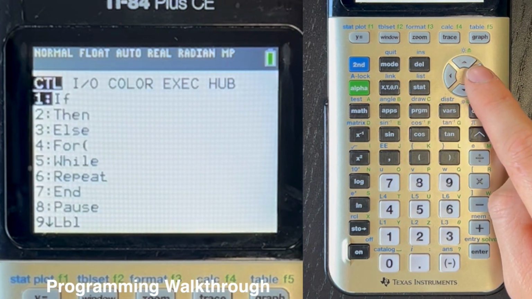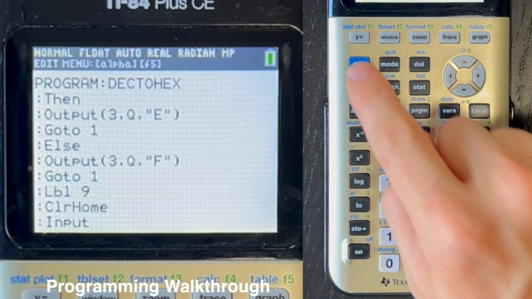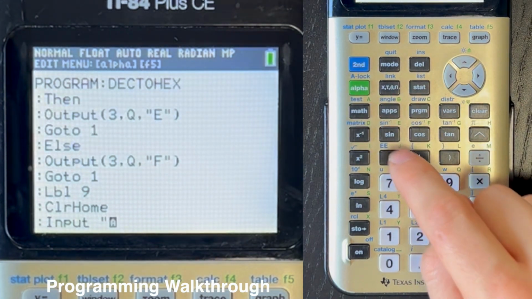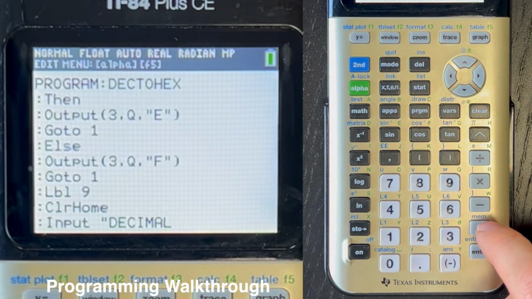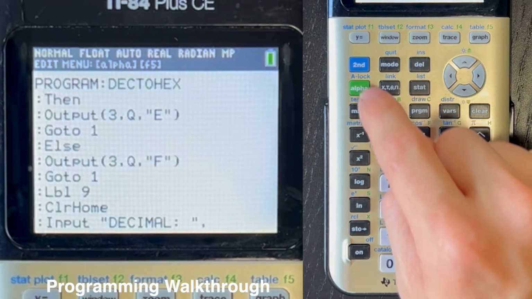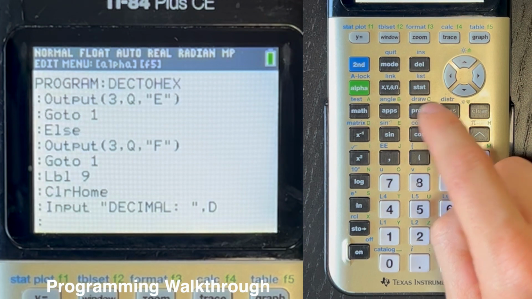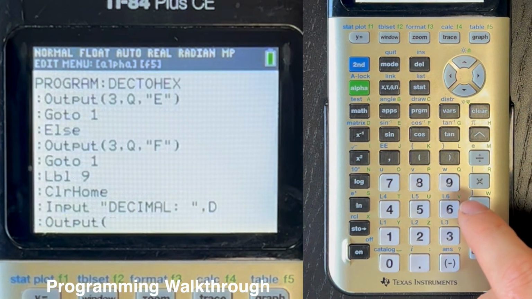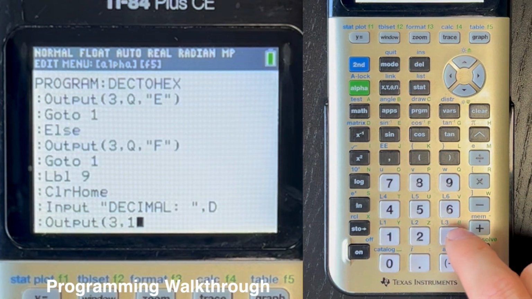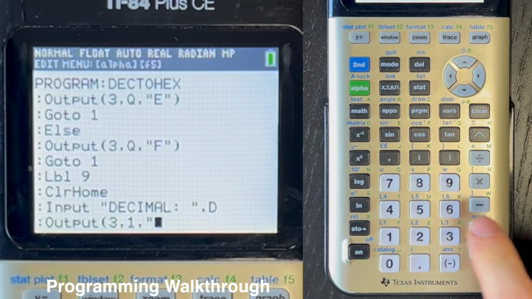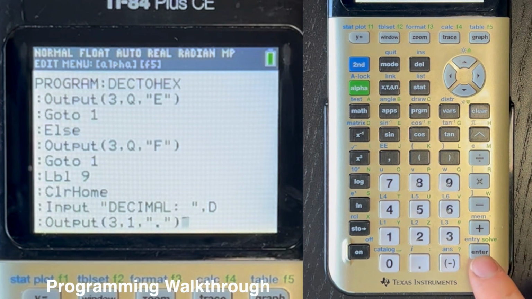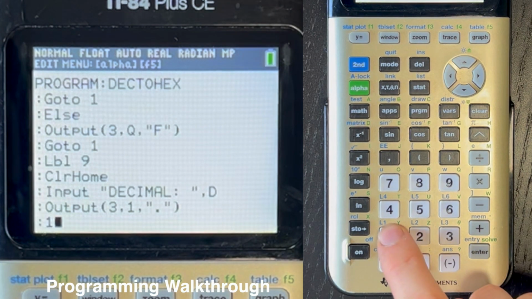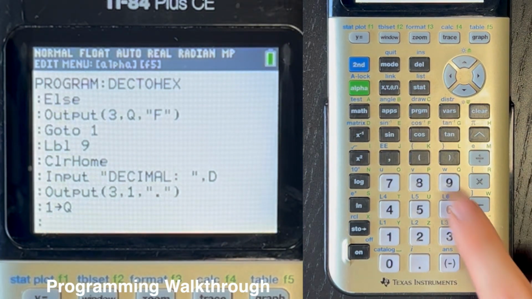Next line, program Input, second alpha, decimal, colon space, close quotes, alpha comma D, and then program Output(3, comma, 1, comma, period, close parentheses, new line, and then 1 store as Q, enter,